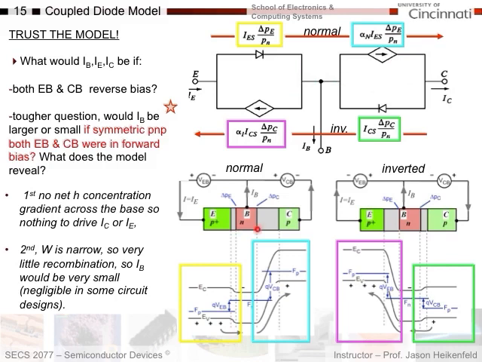Again, it would be 0 here and 0 here at both sides because both sides are reverse biased and all the carriers are falling off the cliff. So if it's 0 here, that's delta PE. That term goes to 0. This goes away. This term then goes to 0. That goes away. If it's 0 for delta PC on this side, delta PC goes to 0, that goes away, and this goes away as well. And so this would tell you that basically it would be like an open circuit here between all three terminals,